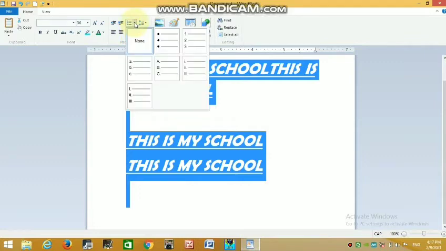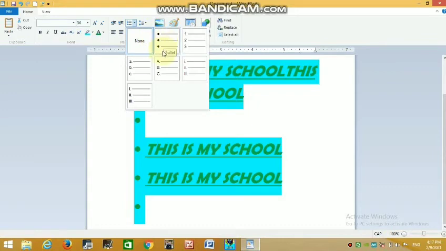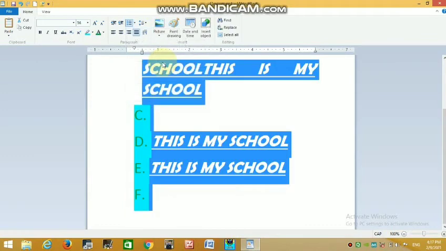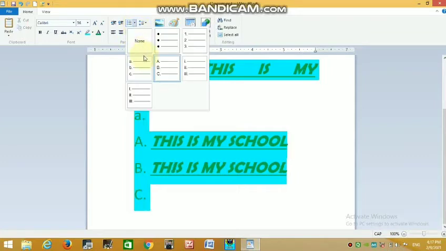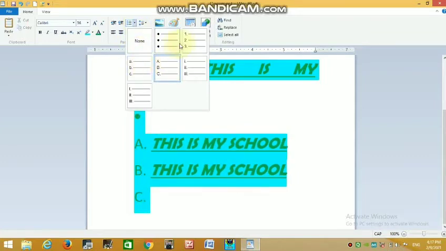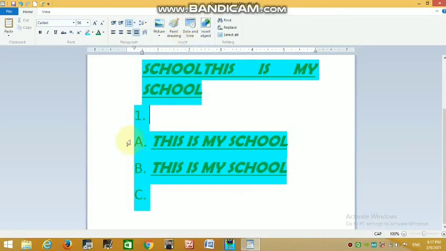Now this is the bullets list, bullets and numbering. After clicking on this you can give an order to your text. With the help of this you can give different bullets, different numbering. See, this is the option of numbering. You can give 1 2 3 numbering also. With this command you can make a list.